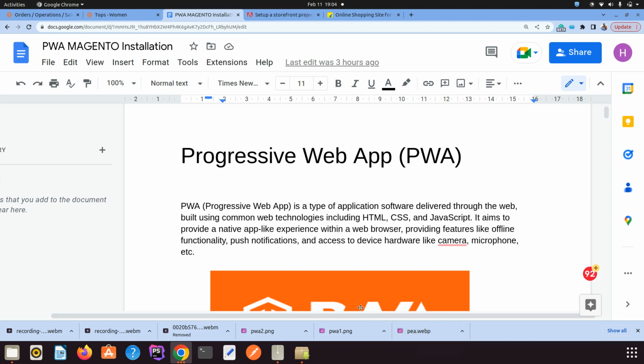Today I'm going to explain a brief introduction about PWA and how to install PWA in your local with your Magento. Right now, what is PWA? PWA is a web application. PWA is nothing but progressive web app. It's related to our web technologies, where the front-end was